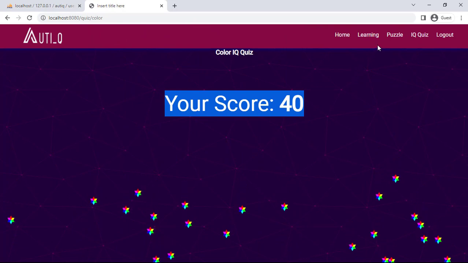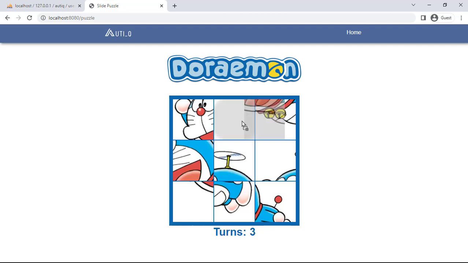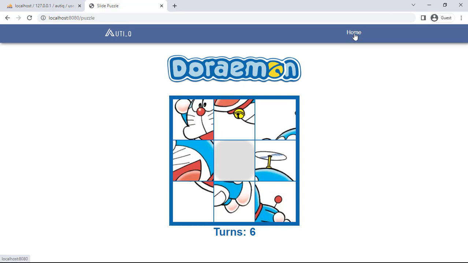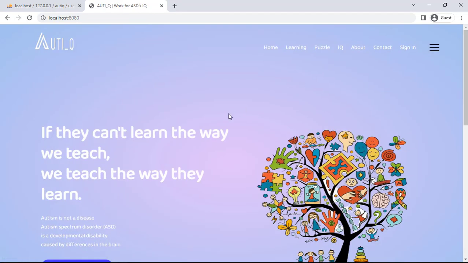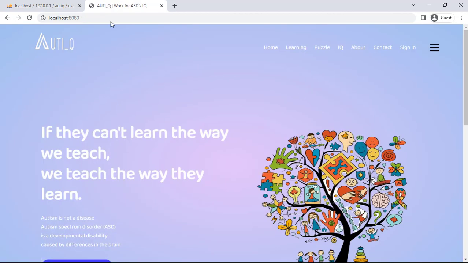If we go to puzzle, then here we see a puzzle game, and it's an interesting game. Now back to our home page. This is our IQ project, and after learning, we have to log out from our page so that we can visit as an admin. Log out,